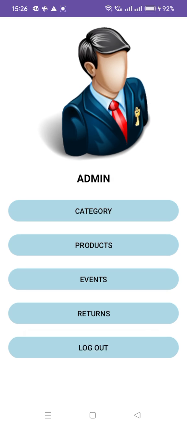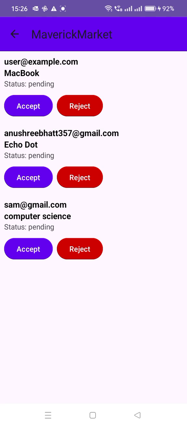So these are all the things that the admin can do. He has access to add products, add categories, add events, and yes, one important thing is do returns management. Now what is this returns management? So if you guys remember, from user's account